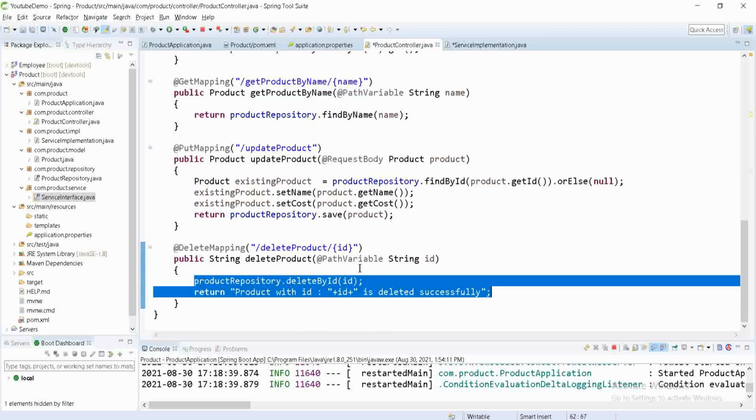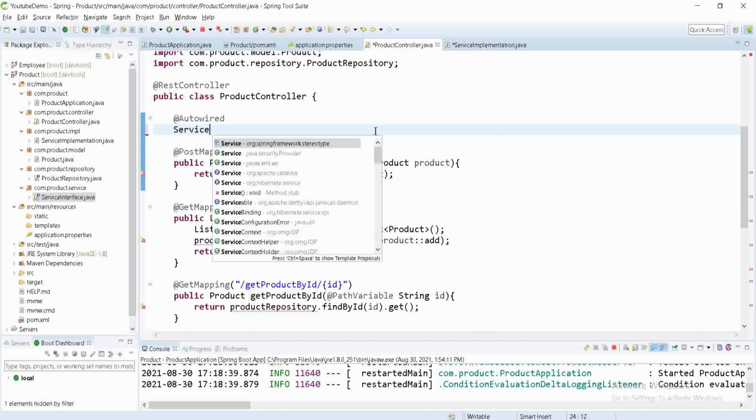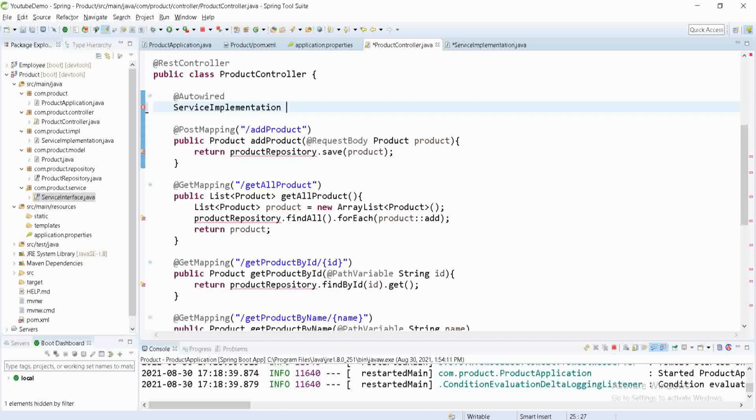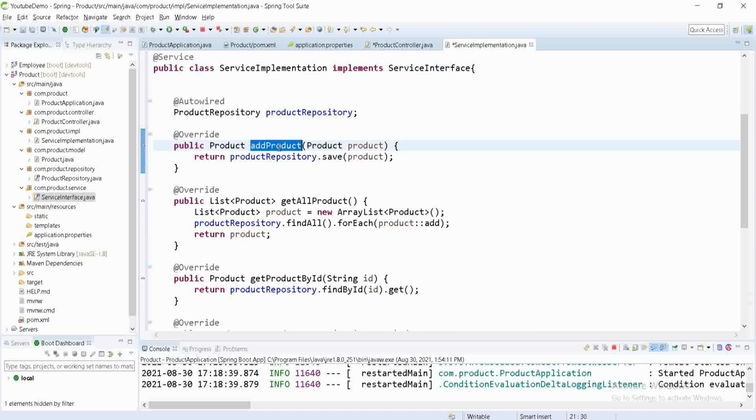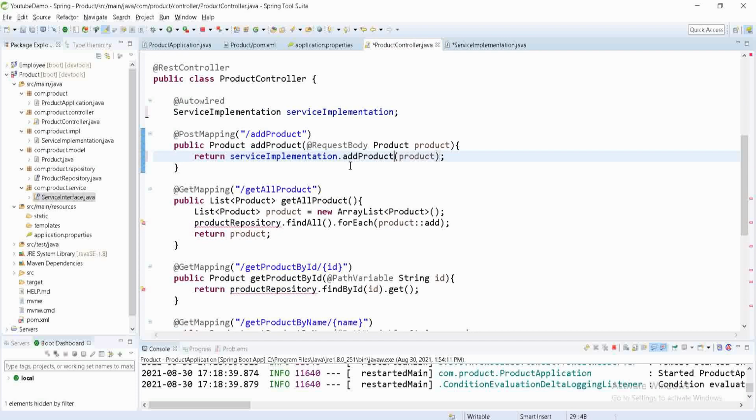Now, instead of autowiring this product repository, we have to autowire the service. So let's autowire that using service implementation and create its object, and this object we are going to use now. We have the method in the service implementation called add product, so just specify that same method name.